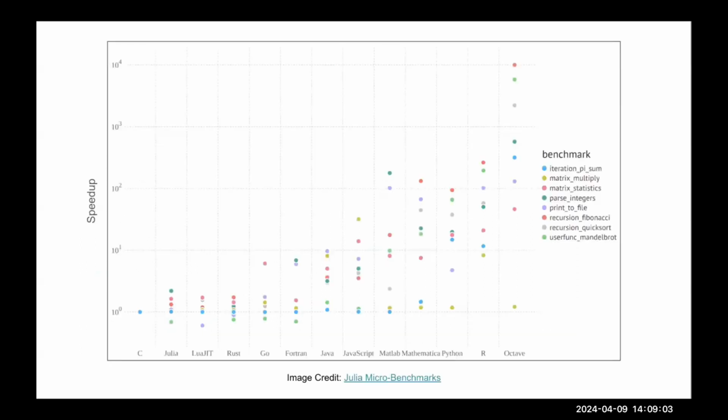So this is a Julia micro benchmark showing the performance of Julia. Again, I already mentioned that Julia is kind of like Python, but it's faster than Python. For any code written natively in Python and natively in Julia, Julia is faster, mainly because Julia has a so-called just-in-time compiler. So then,